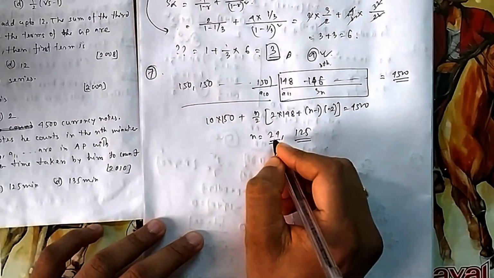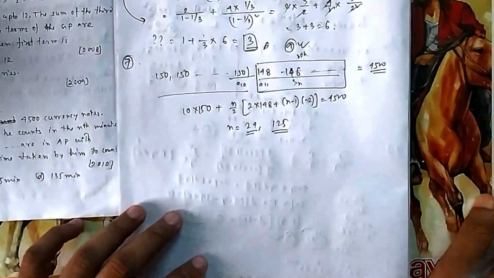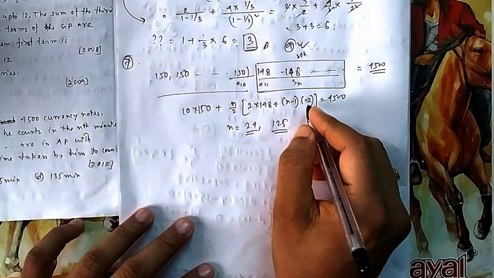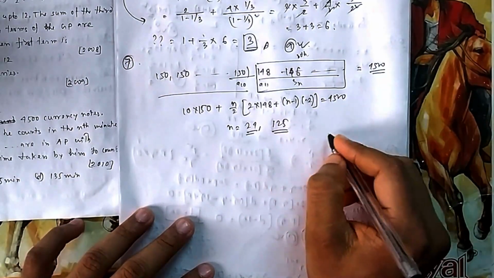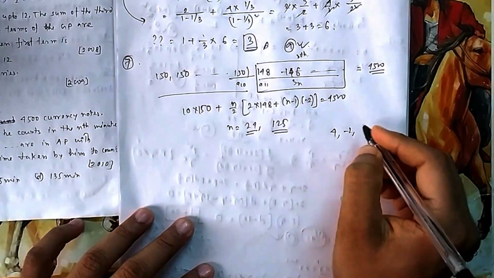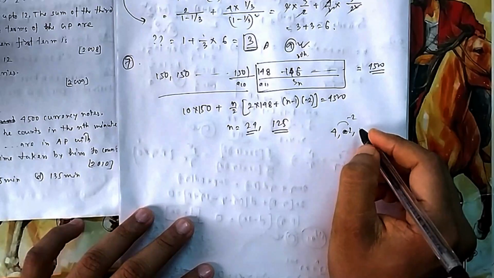So which one will be the answer? This one is the answer. These will not come, because why do 2 answers come? It is some AP. Suppose if you see, it will generally come as an AP with a negative common difference. Suppose I say an AP 4, 2, with a common difference of -2, starting from 4, 2,